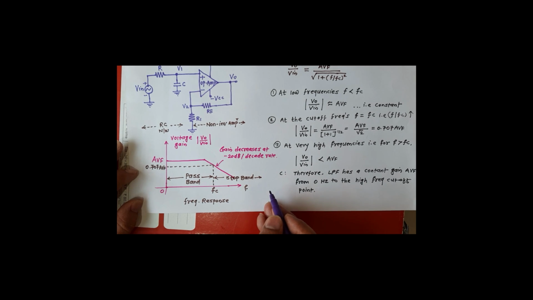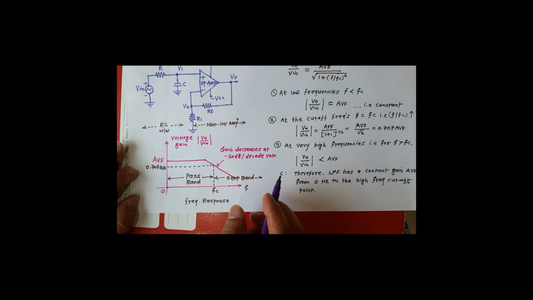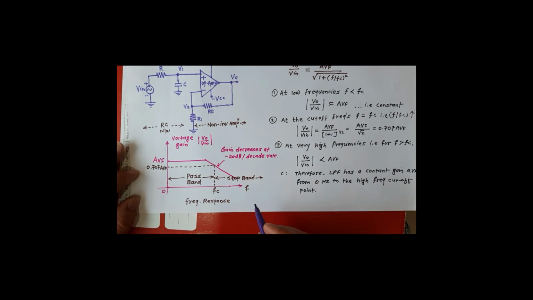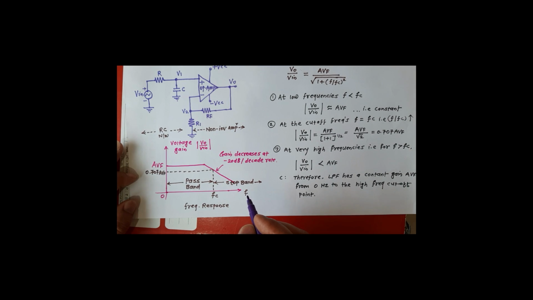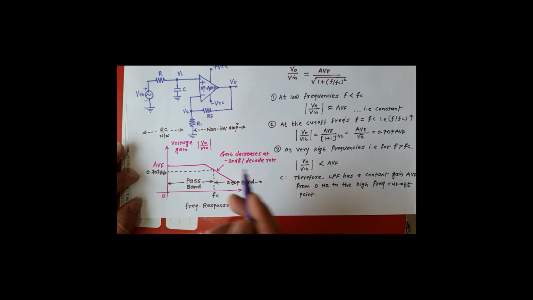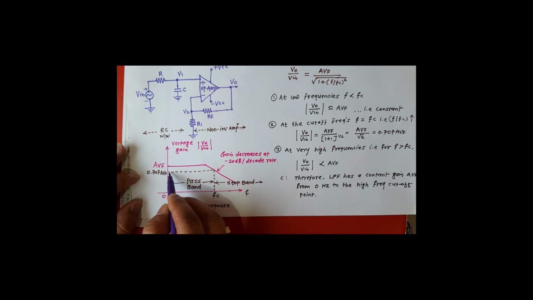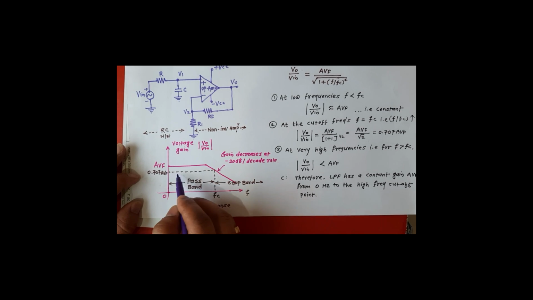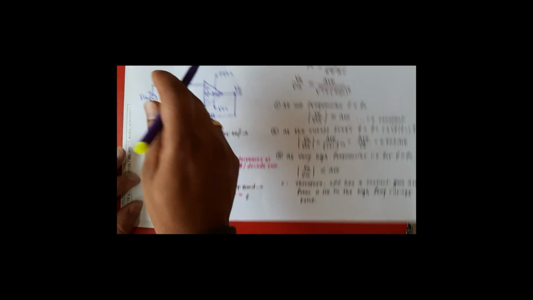Above this cutoff frequency the gain is going to decrease. That is, after the passband the gain decreases. But one important thing is that in this filter the frequency response is flat over the passband region. This is important. So the gain is flat and constant over this passband region. That is called Butterworth.